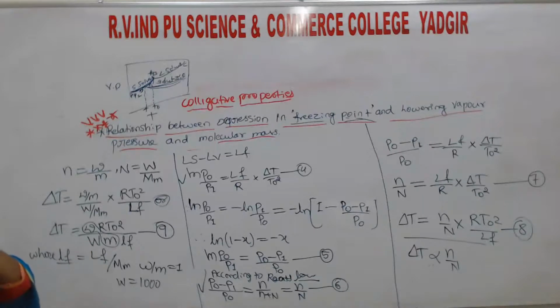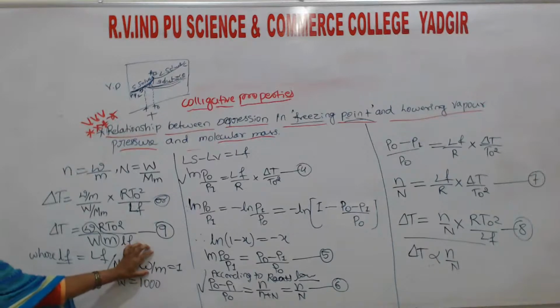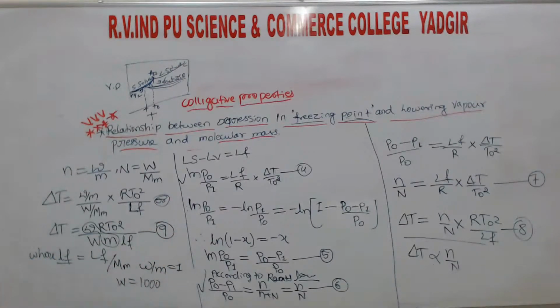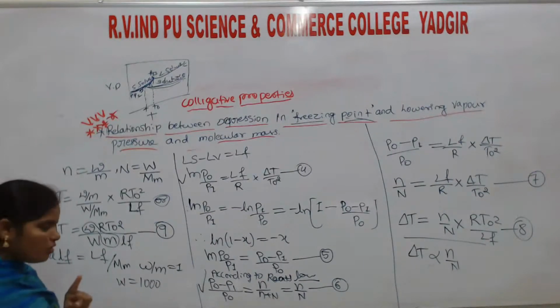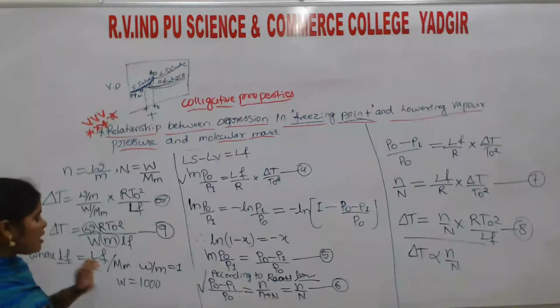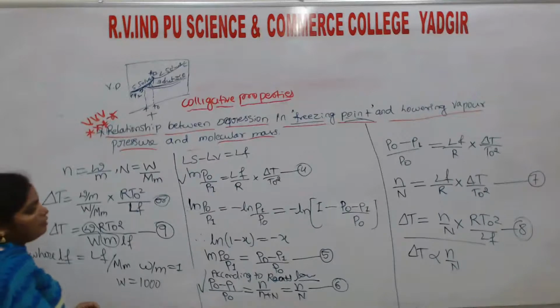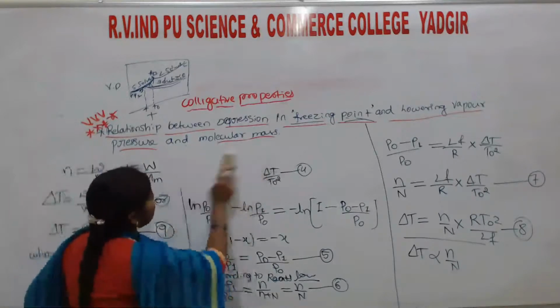Here 1 mole of a solute, w by M is 1, is dissolved in 1000 gram of the solvent. 1000 gram is capital W equal to 1000. And equation number 9 becomes,